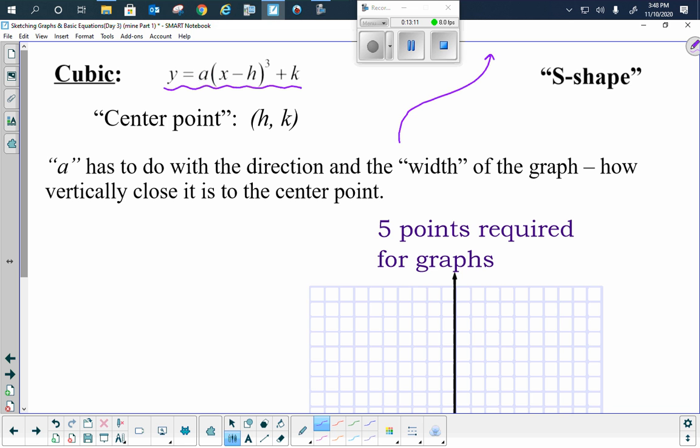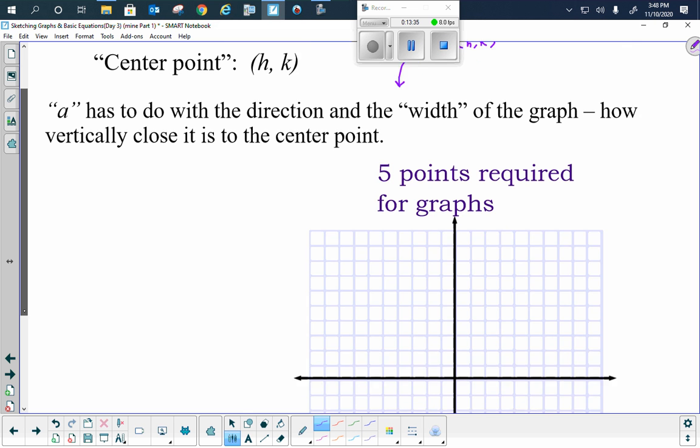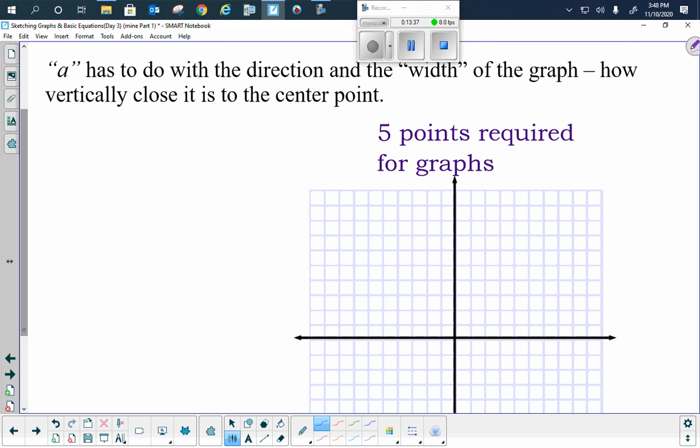Okay, so notice nice smooth curve. I usually draw it from the middle and go up, and then the middle and go down. All right, your center point, if you will, that center point that I've just highlighted right there, that's the (h, k). Okay, a has to do with the direction and the width of the graph, like how vertically close it is to its center point. Again, for me, 5 points are going to be required for this graph. Okay, so let's talk about the difference between y equals x cubed